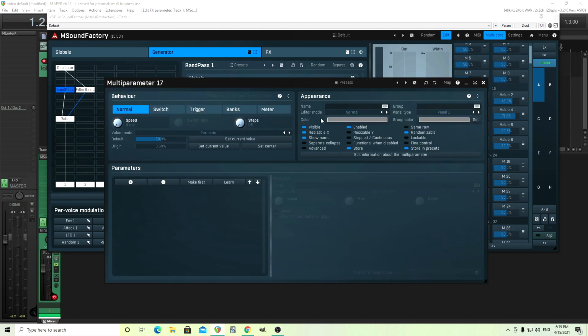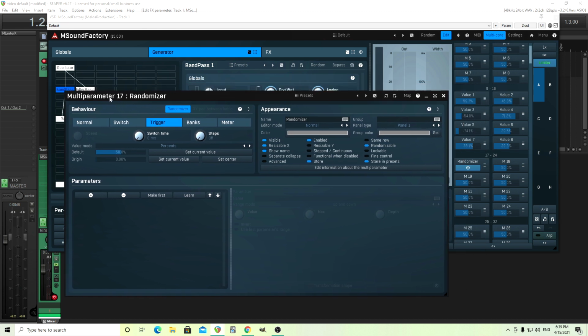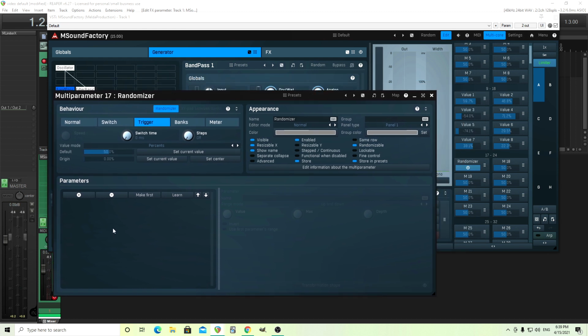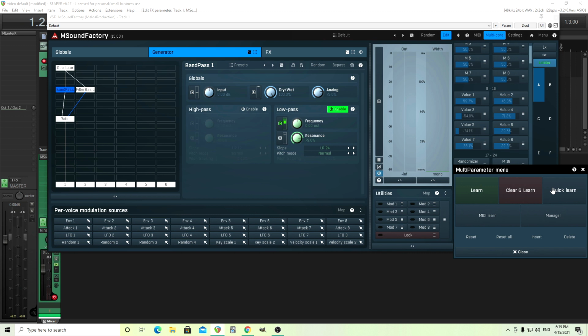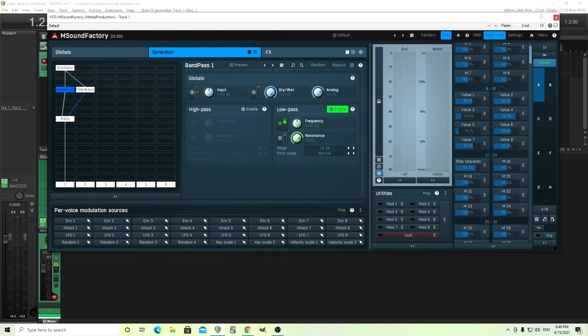What we're going to do is choose MP17. I'll call this randomizer. And I'm going to set this to trigger and then click randomizer here, this button. But now it doesn't have anything to randomize. So you're wondering, okay, what should I do? What I want to do is use the same thing, quick learn, and